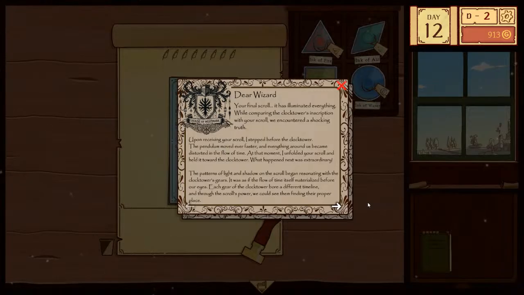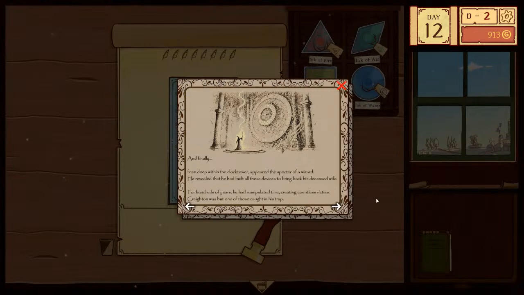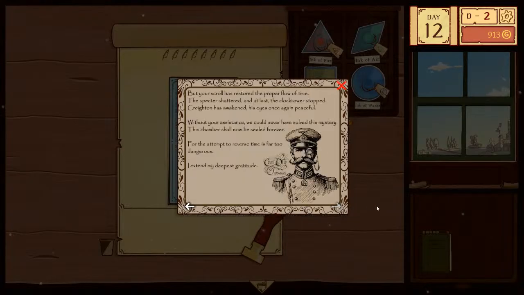Each gear of the clock tower bore a different timeline, and through the scroll's powers we could see them finding the proper place. And finally, from deep within the clock tower appeared the spectre of a wizard. He revealed that he had built all these devices to bring back his deceased wife. For hundreds of years, he had manipulated time, creating countless victims. Creighton was but one of those caught in his trap. But your scroll has restored the proper flow of time. The spectre shattered, and at last the clock tower stopped.